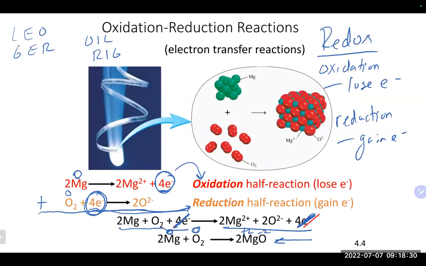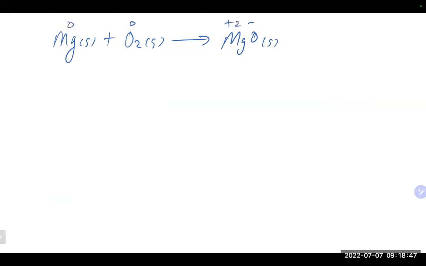So if we look at this, by the way, for example, our overall reaction, which was the magnesium plus the oxygen makes our magnesium oxide here. And this is 0, 0, +2, and -2. Sometimes people